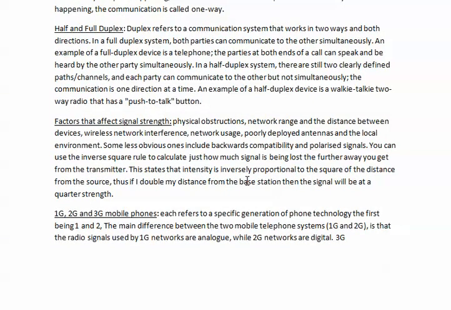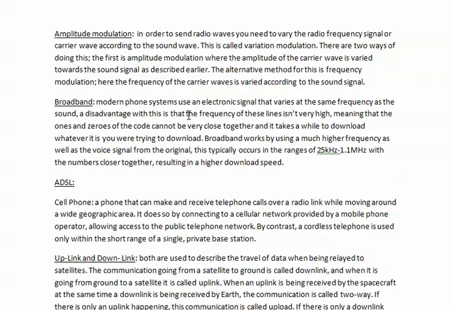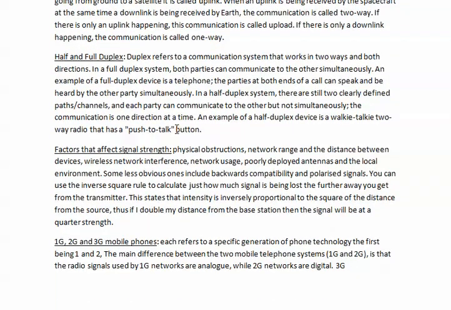Right, to continue then, with regards to cell phones, there are different things that can affect the signal strength. Numerous different ones. Physical obstructions, things like walls, even people in some cases. Network range, how far the actual network tower's signal can get, and the distance between the devices. If I'm going to call someone on the other side of the world, it isn't going to be very good quality. Wireless network interference,